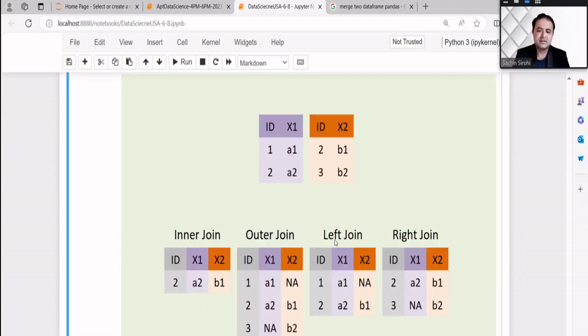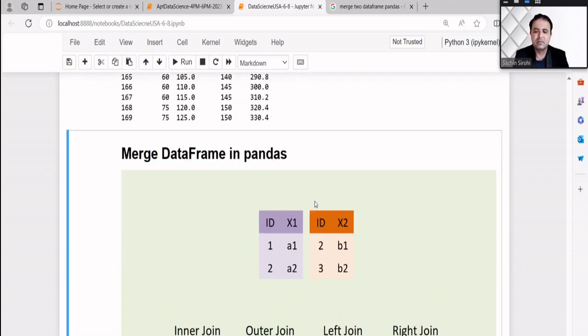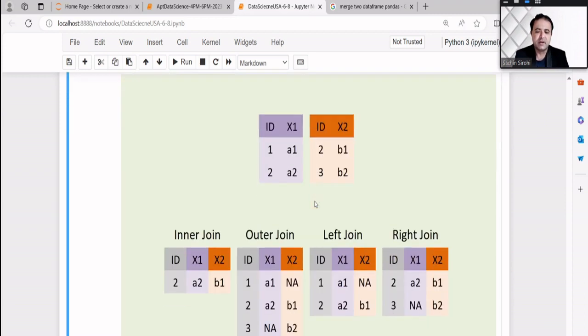So it is the things like when we are talking about the merge data frame in Pandas. We have joins: inner join, outer join, or we can say the full outer join, left join, and the right join. So we understand the inner join shows the common data, outer join or full outer join shows the complete data,